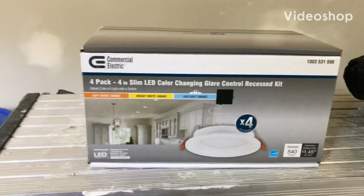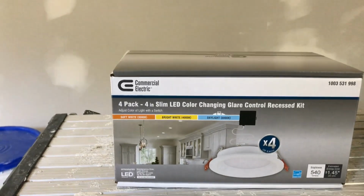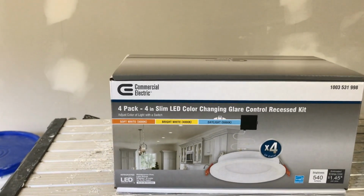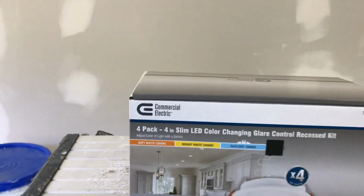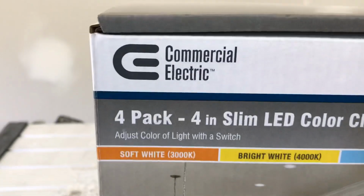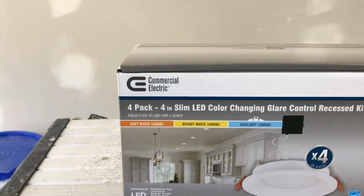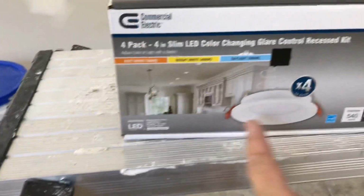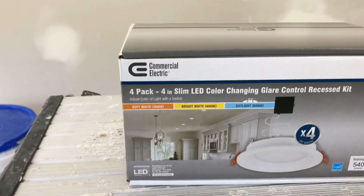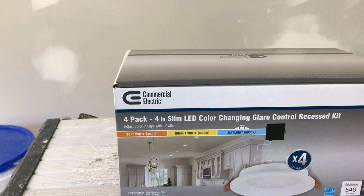All right, today we're going to install some of these slim LED color changing glare control recessed kit lights made by Commercial Electric. These were purchased at the local Home Depot. It's a 4-pack, 4 inches wide. I didn't want to go with the 6, I wanted to do the 4, and it'll be enough light for